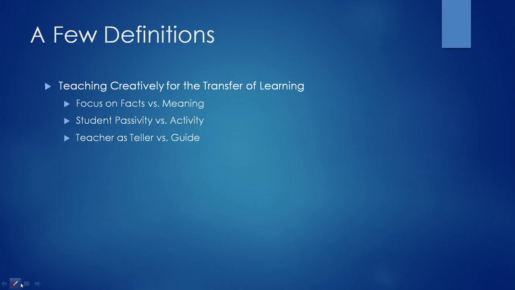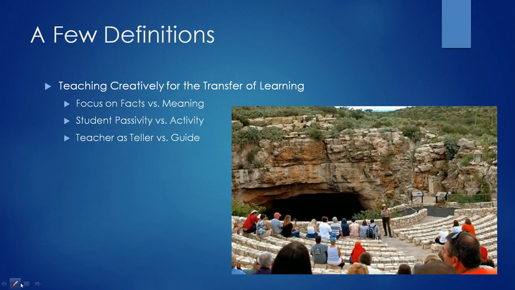And so as the student is more passive, the teacher has to be more of a teller. But as the student becomes more active, then the teacher becomes more of a guide, which is what you want. This reminds me of a great analogy given to me by Dr. Richard Ross. Just imagine that you are visiting some caverns that we have not terribly far from where I live in Texas, the Carlsbad Caverns in Carlsbad, New Mexico.